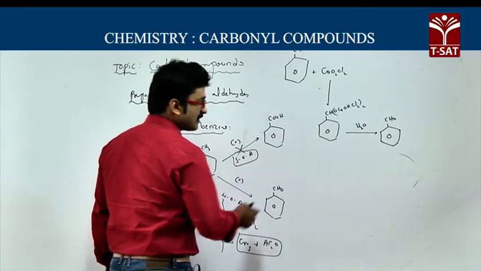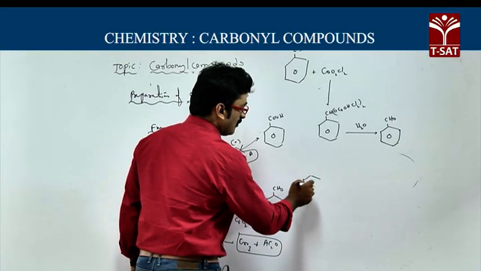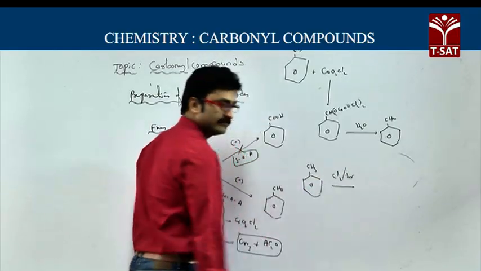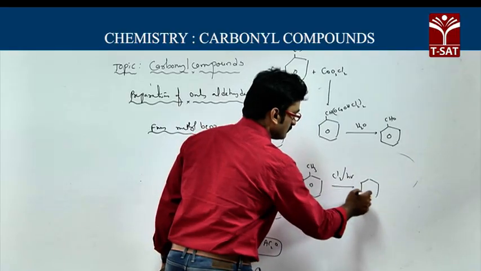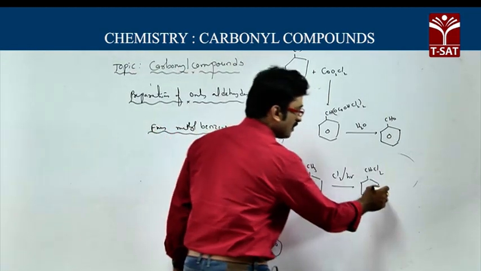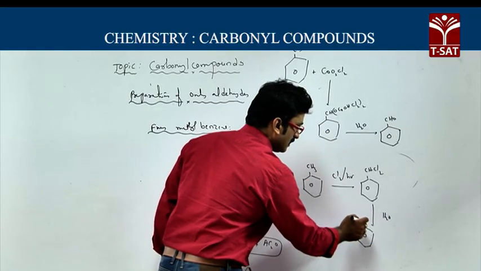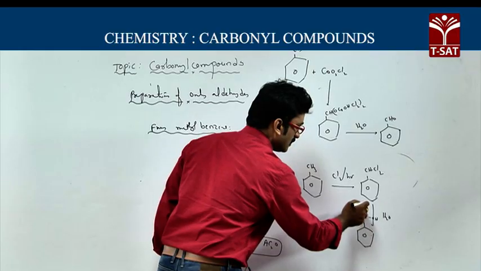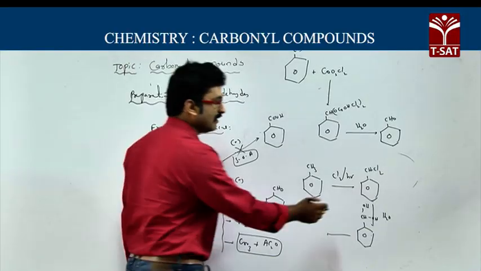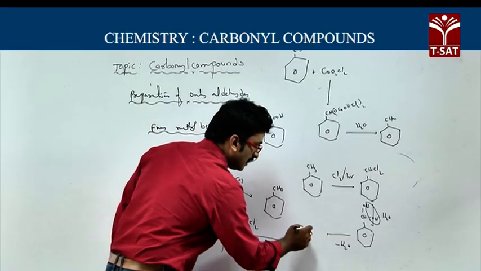Next one is side chain halogenation followed by hydrolysis of methyl benzene or toluene. Methyl benzene or toluene on reaction with chlorine in the presence of sunlight gives C6H5CHCl2. This is called benzal chloride. This benzal chloride on hydrolysis gives C6H5CH(OH)2. And you know that on one carbon, two OH groups cannot exist. This is an unstable compound, so it loses water, minus H2O. So finally you will get